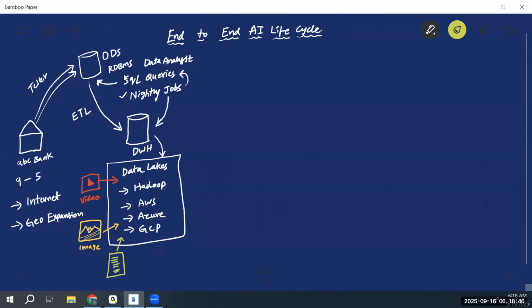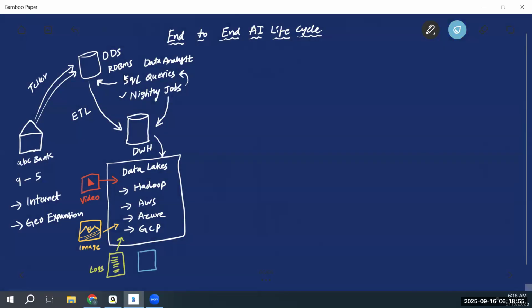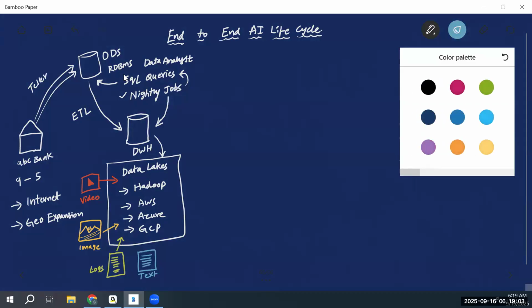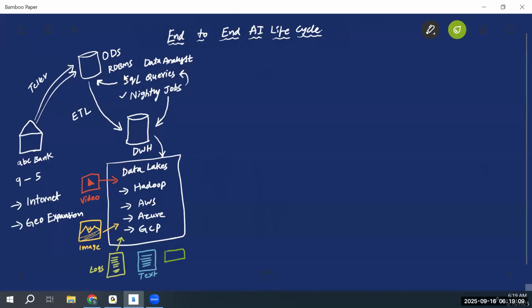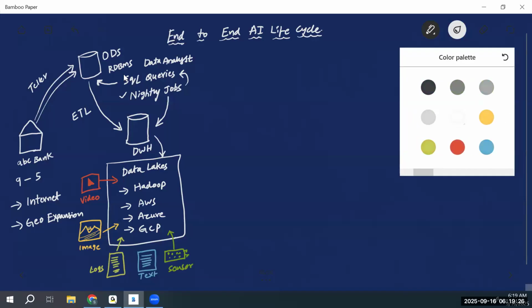Logs can be system logs, operational logs. Then we can take textual data. And what else? We can also have sensor data. A lot of IoT sensors started coming up. The sensor information and so on. So likewise, there are a lot of unstructured data sources which started, and these unstructured data sources